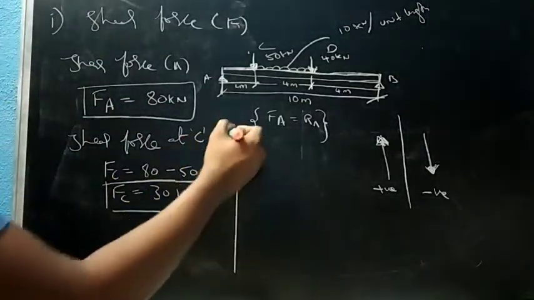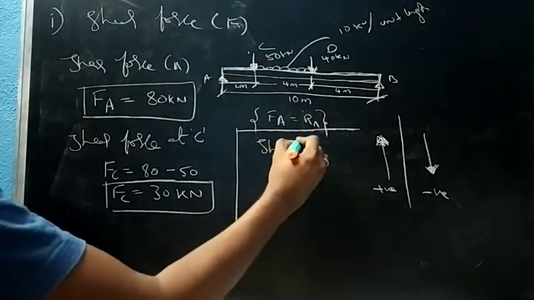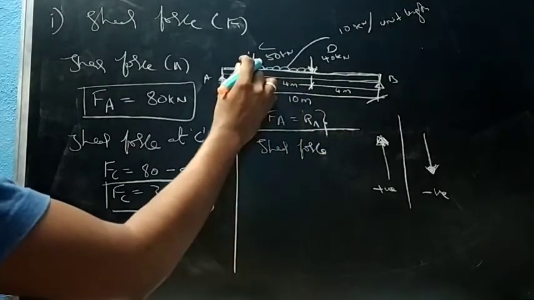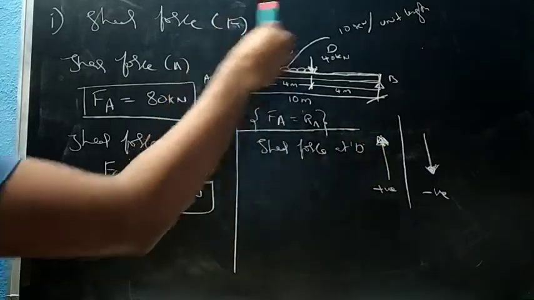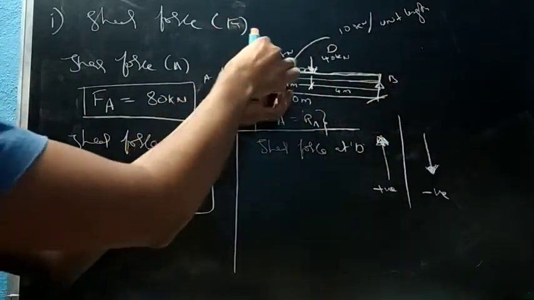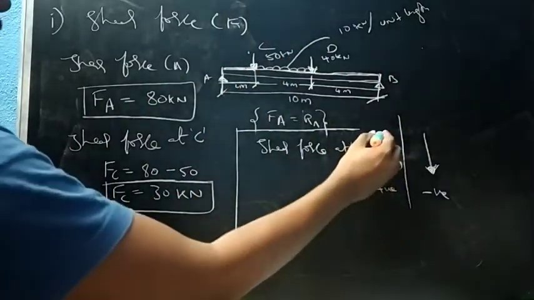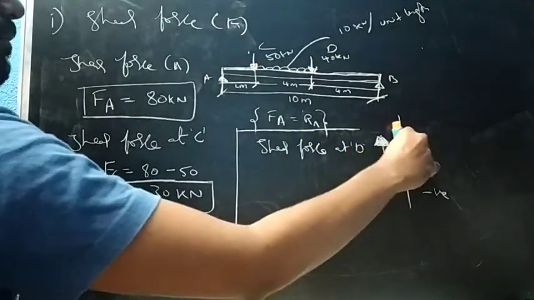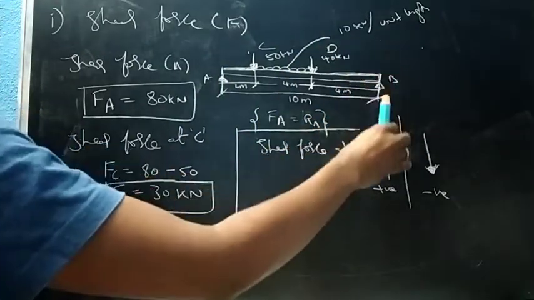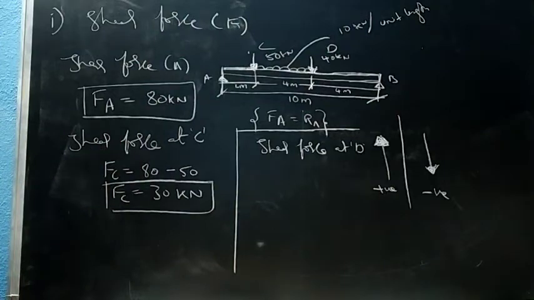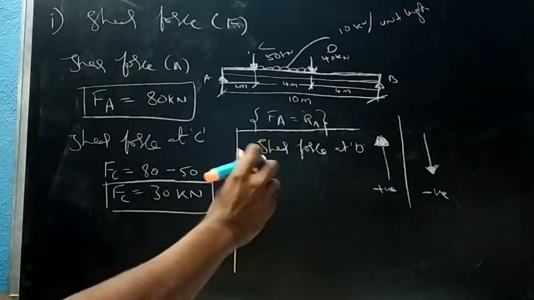Now we'll calculate shear force at, what is the next point beside C, that is D, shear force at D. So we are going from left to right. Remember, I'm taking all the forces which are my left. So this is my sign convention. So don't get confused. I'm taking the axis here, next here, and we are ending here. So I'm taking all the left hand side forces. We can take right, it's your wish. You can take right, you can take left.